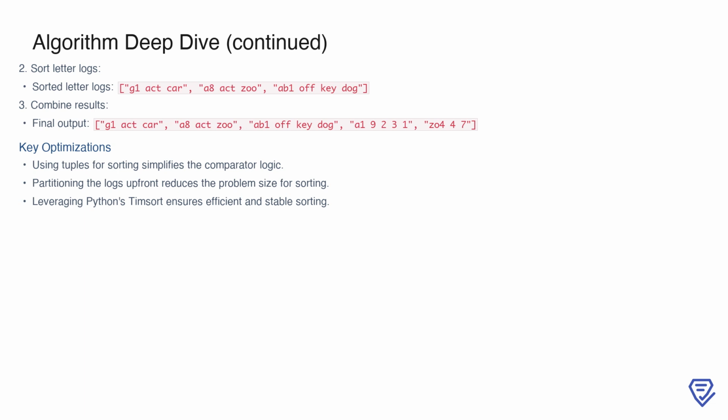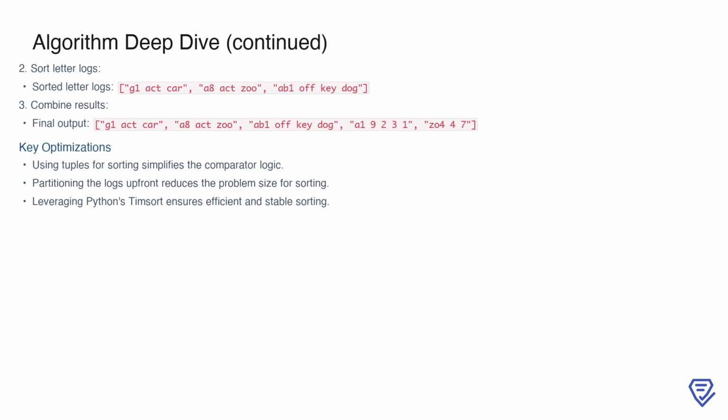Key optimizations in the algorithm include using tuples for sorting, which simplifies the comparator logic, and partitioning the logs upfront to minimize the sorting scope. Additionally, leveraging Python's timsort ensures that the sorting process is both efficient and stable. This careful design guarantees that the solution is not only correct but also optimized for performance, making it well suited